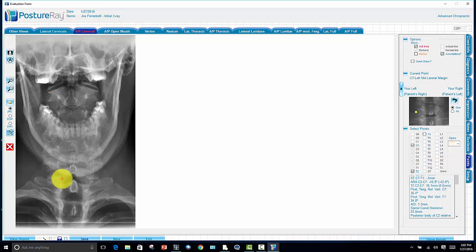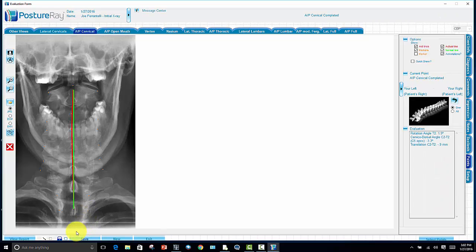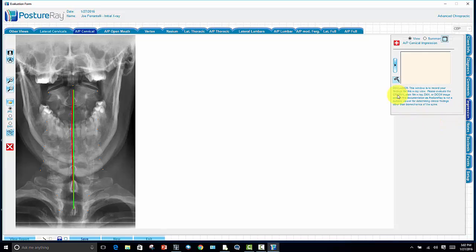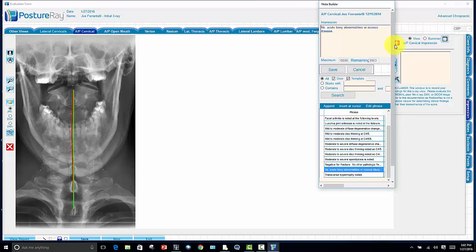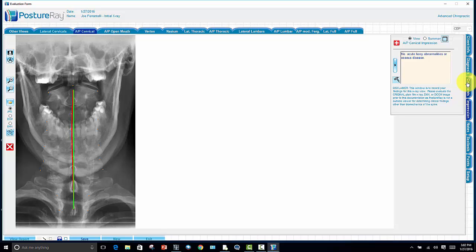And then when it gets in this transition area, you want to make sure that you hit like points. So I'm going to go ahead with the like points right here. And then I'm going to jump down to T1. I'm going to go in this area. Okay, T2. Okay. Now at that point in time, I'm done. I can go into the impressions. I can put in here. Now these are all specific to AP views, right? So I'm going to put no bony abnormalities visible here. For comments, I'll just go ahead and leave it blank. So now I've successfully done an AP and lateral cervical